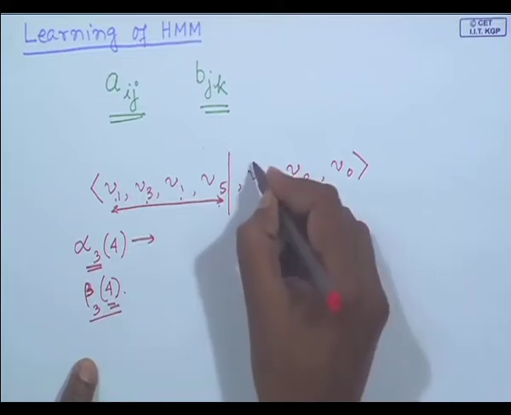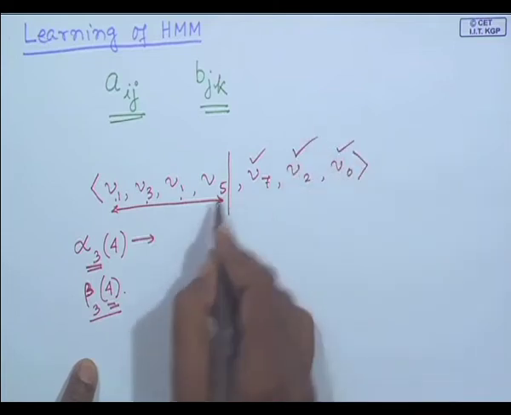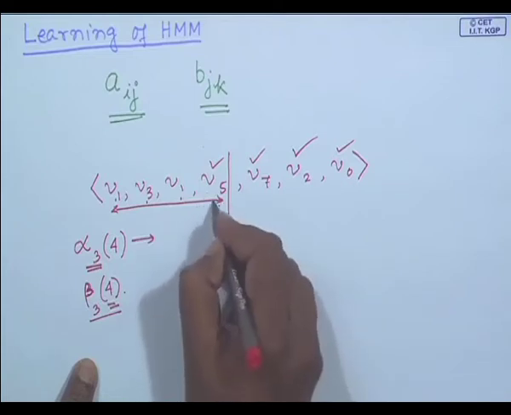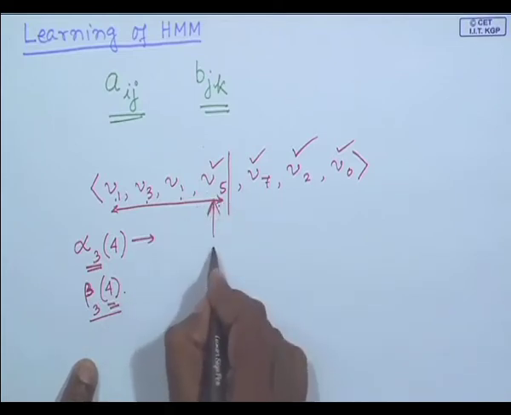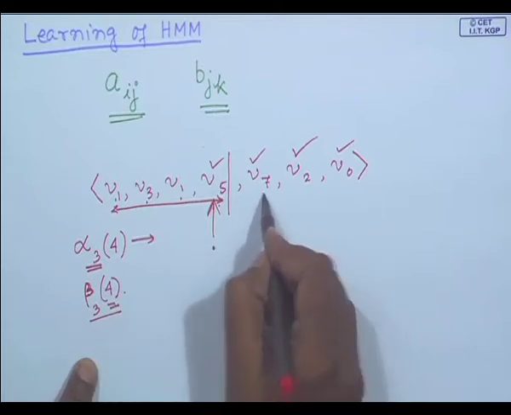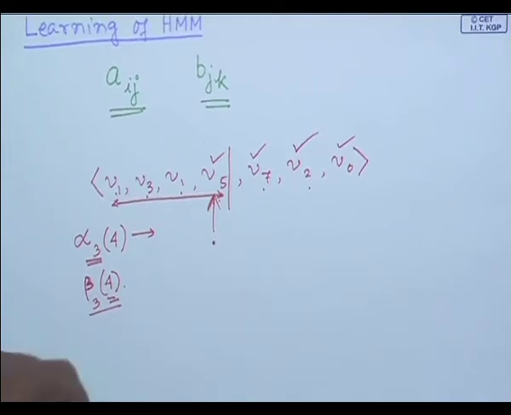That means, it will generate V7, V2, V1 and of course, as I said 4, so V5. So, what is the probability that at this time the machine will be in state omega 3 and it will generate V7, V2, V1. Okay. So, in other words, what I can say is that this beta jt